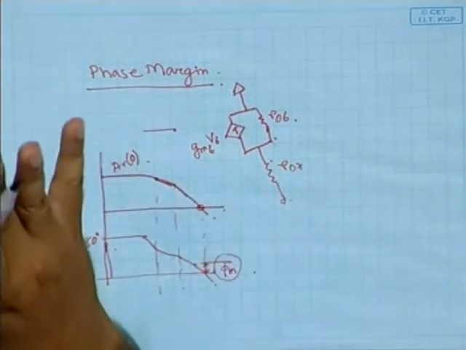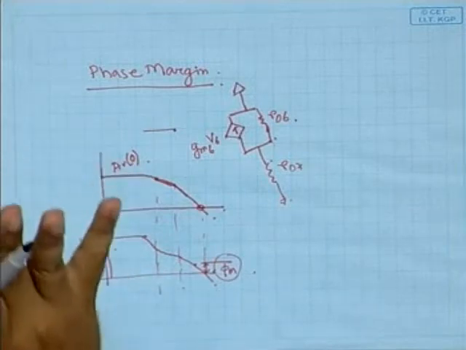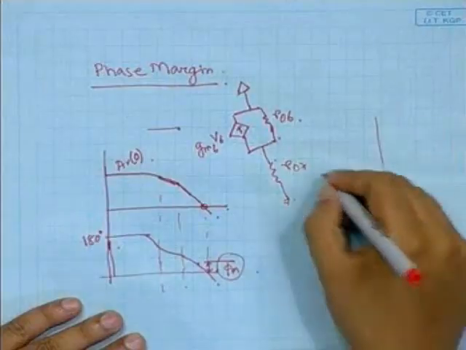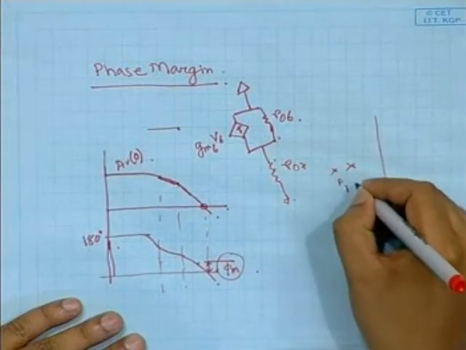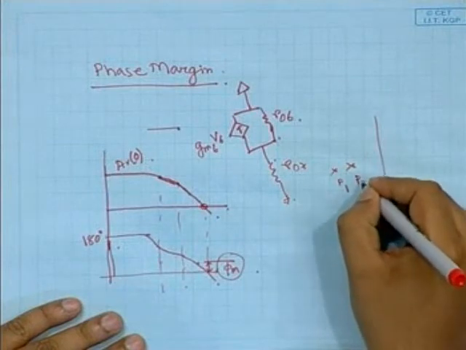So these two poles associated with the two stages of the op amp almost arise at the same position, at the same frequency position. Hence these two poles are very close. So, suppose this is the location of P1 and this is the location of P2.